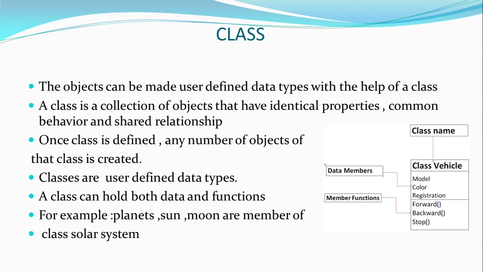It is a class name. Class name is class vehicle. Inside, this class consists of two things: data members and member functions. What it means by data members in vehicle: just a vehicle model number, model name, and color, then registration number. These can be only the data. What are the member functions? What can we do with the vehicle? We can move the vehicle forward or backward, or we can stop the vehicle. Okay, this is the class